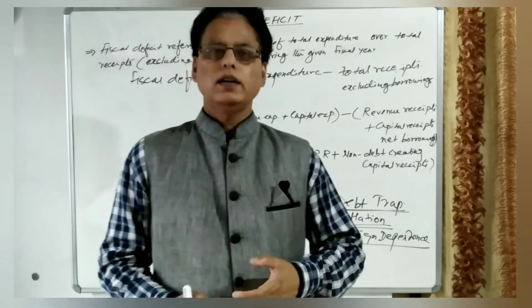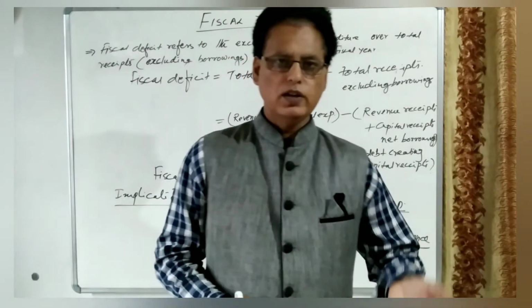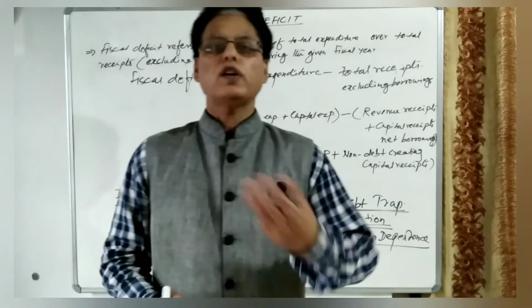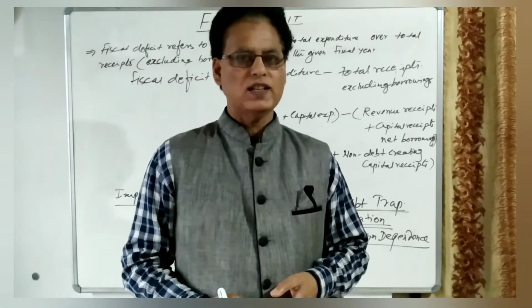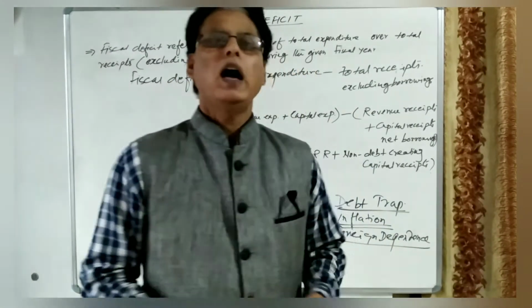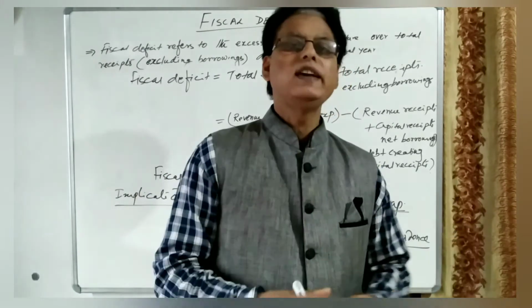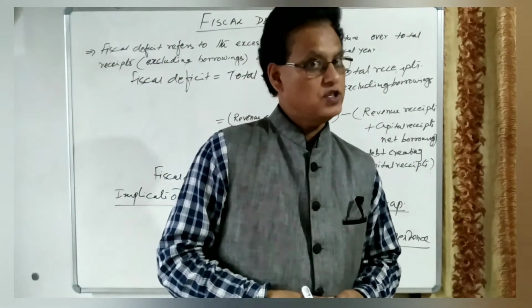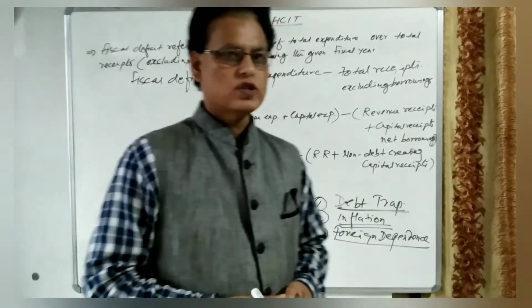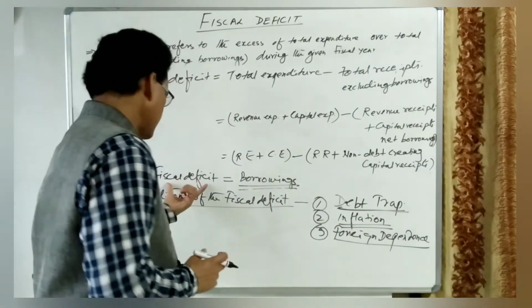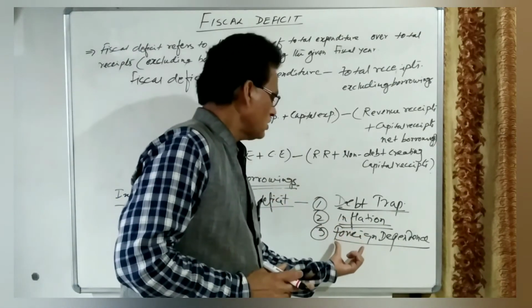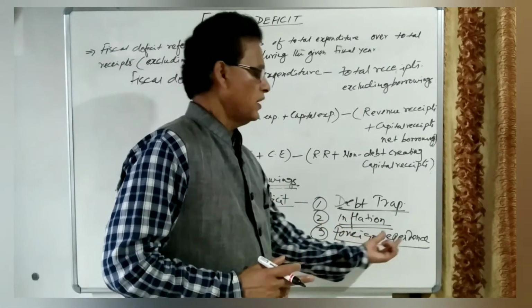We are borrowing money from the International Monetary Fund, from the World Bank, from the Asian Development Bank, and from other foreign financial institutions. Then our dependency on these foreign countries and foreign financial institutions will increase. So the fiscal deficit, meaning more borrowings, may cause foreign dependence,